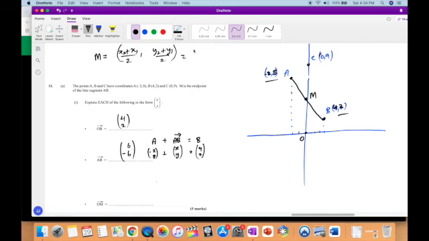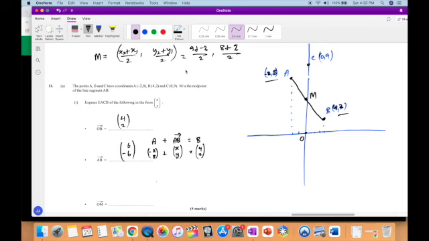We might probably get 1 mark, but let's see, right? X2 plus x1, that's 4 plus negative 2, right? Over 2. And then y2 plus y1 is 8 plus this here is 2